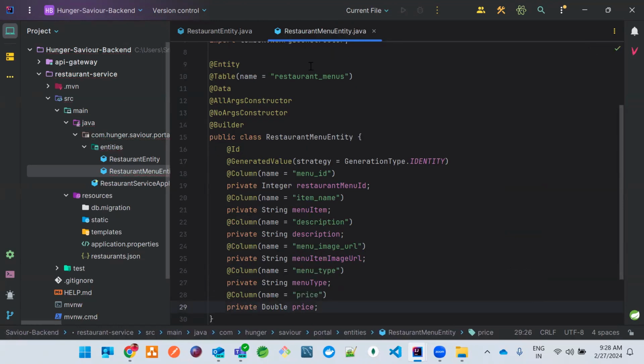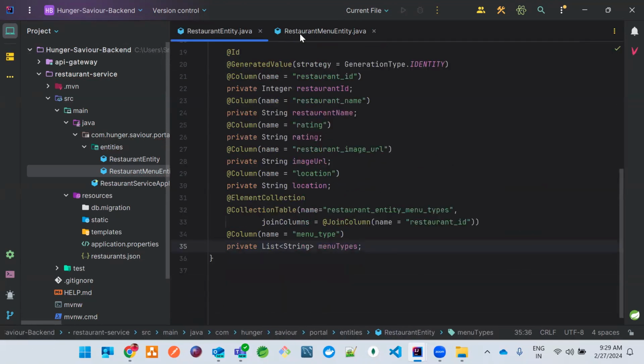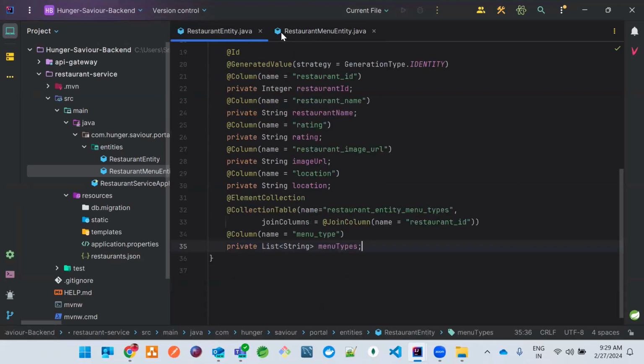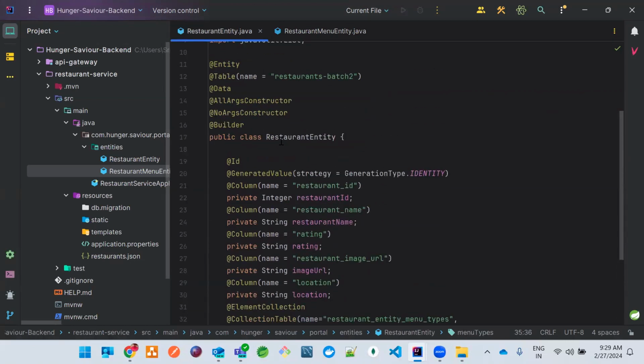Price. Okay, so we are done with all the kind of things. Now we need to map this restaurant entity to this restaurant menu entity, right? How can we actually declare that? Any idea? So first of all, my question to everyone is, let's say you have a restaurant entity and a menu entity. The relationship between them is one restaurant can have